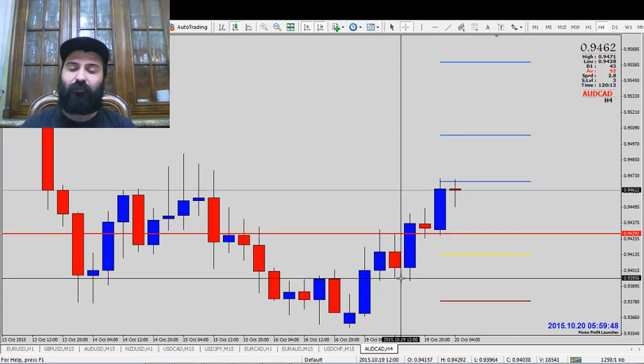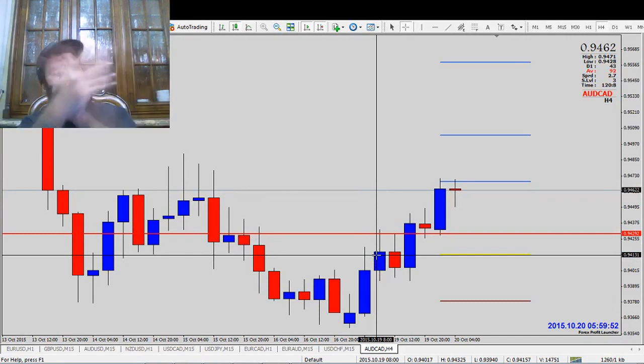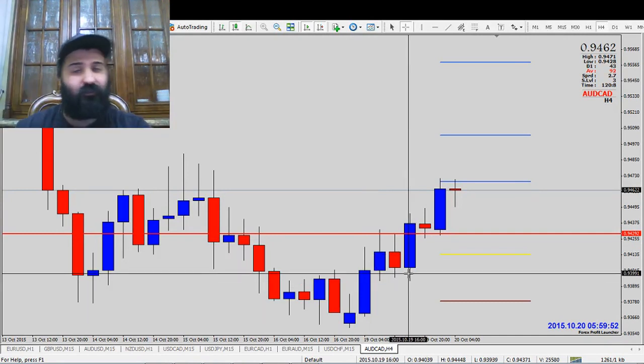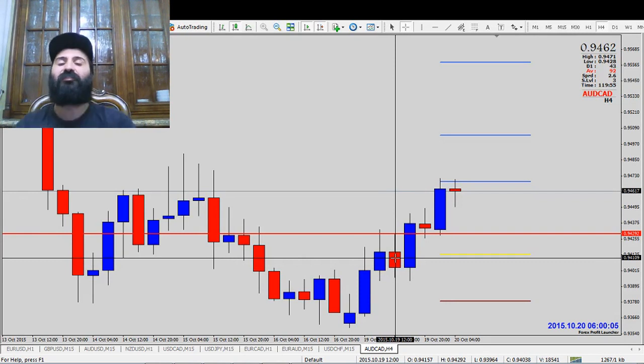So the way you're going to enter from now on is simple, like this. If this candle is your signature candle, the candle that confirms we're buying or we're selling, we're going to wait for the next candle. Sorry, I'm losing my voice again. I always lose my voice. We're going to wait for the next candle to open up,